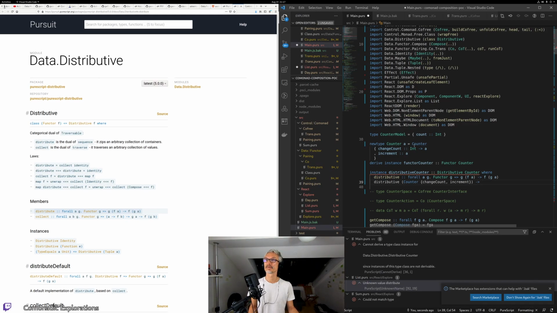And so we need the distributive instance of function. That's prim function, so it should just work. So we can distribute,